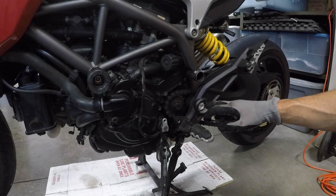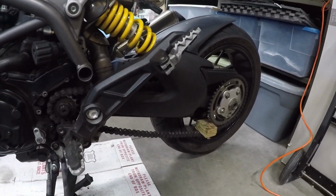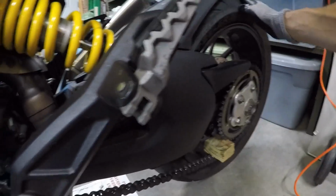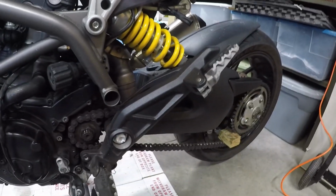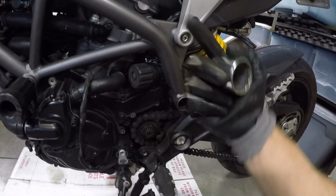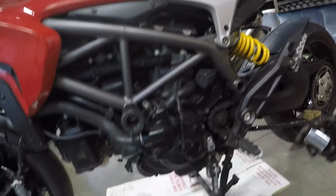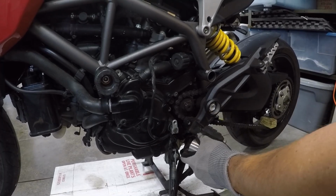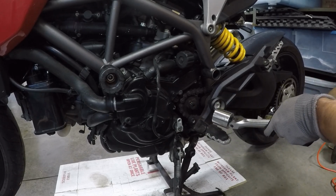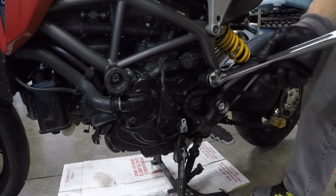Okay, so what I've decided to do here is, since we're throwing the chain and the sprockets away, I'm just going to place this little wood block back here under the sprocket so the wheel won't rotate that direction, because that's how I need to break this nut free, lefty-loosey. This is a 32 millimeter socket for the 32 millimeter nut. So hopefully with this wood piece down there, I can just sort of break this thing free